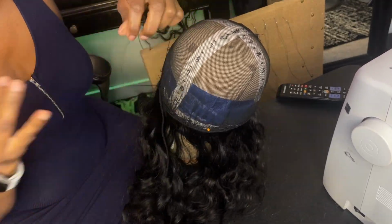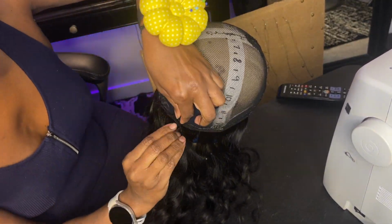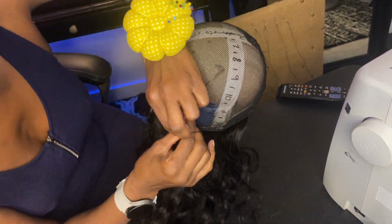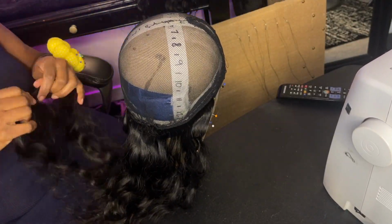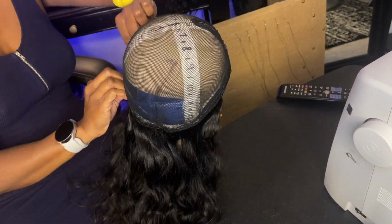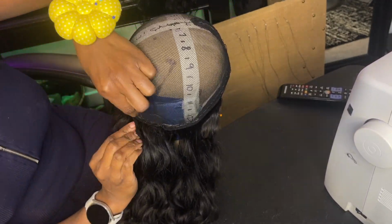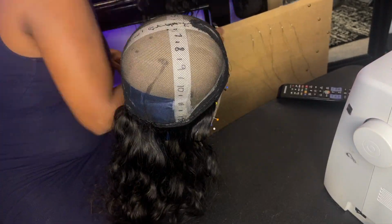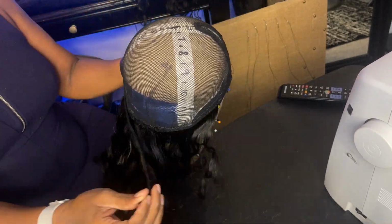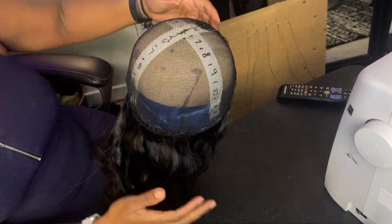Now let's move on to stitching the wefts. So here I am stitching the wefts by hand onto the wig block. The reason why I transferred the cap back to the wig block is because it's important to make sure that you not only are stitching with the sewing machine. The thing with the sewing machine is that you can miss stretching out the cap enough for the client's head size, and you can stitch too tightly with the sewing machine. So to ensure that it's the right size and has enough stretch, I prefer to stitch on the wig block